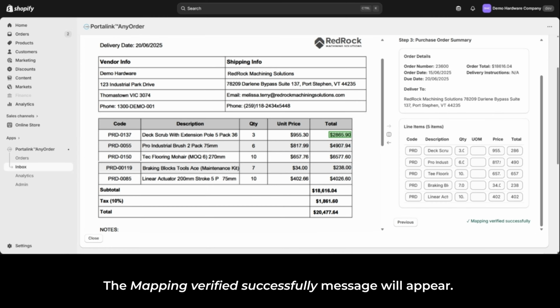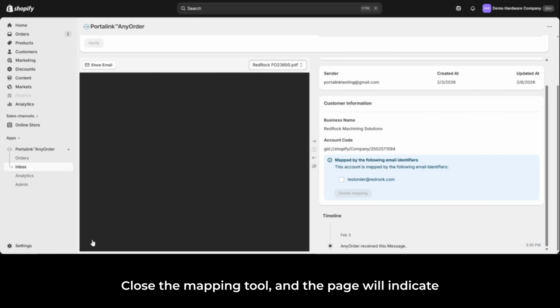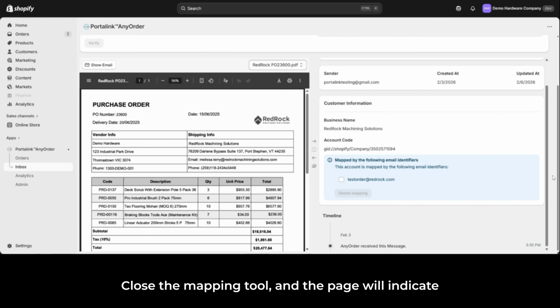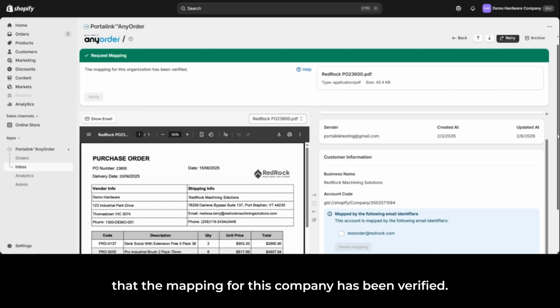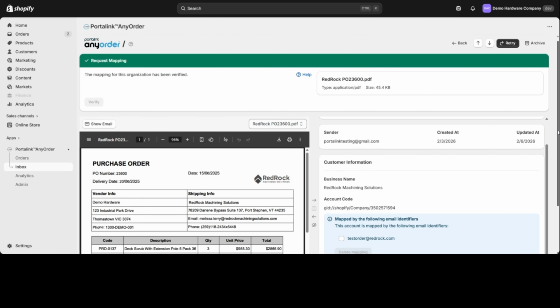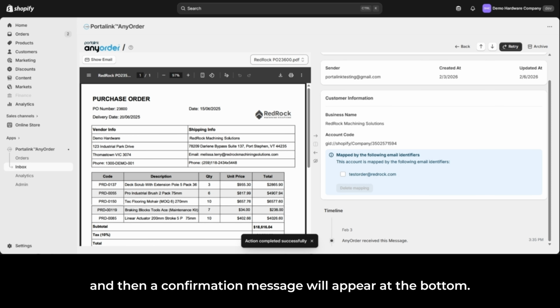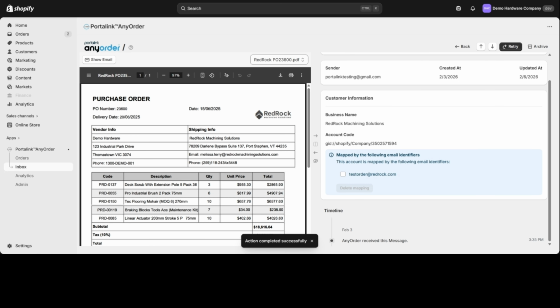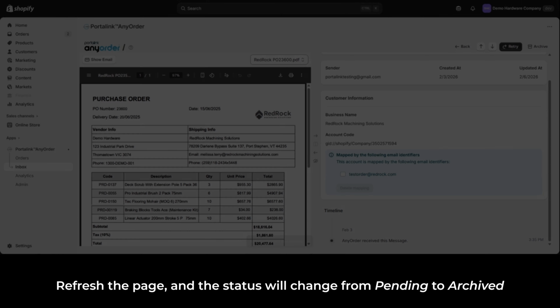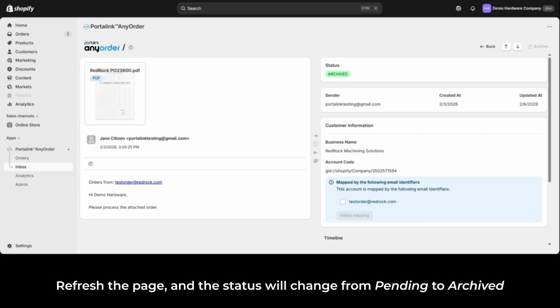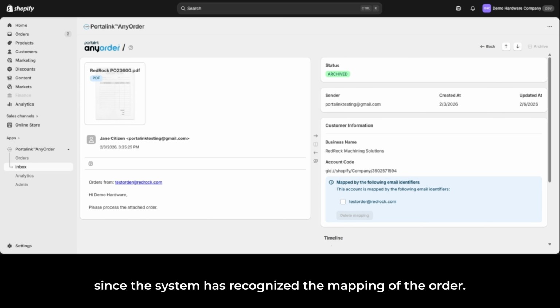The Mapping Verified Successfully message will appear. Close the mapping tool, and the page will indicate that the mapping for this company has been verified. Click on the Retry button, and then a confirmation message will appear at the bottom. Refresh the page, and the status will change from pending to archived since the system has recognized the mapping of